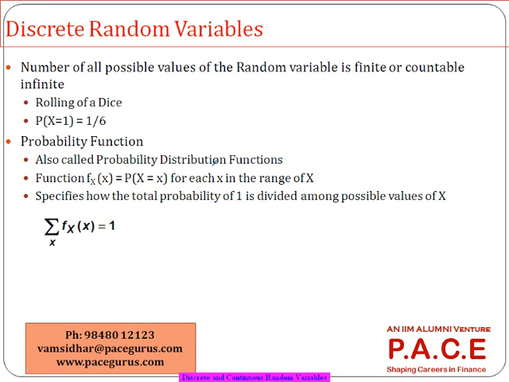So like this, just now whatever we have discussed, the probability that x takes a value equal to 1 when I am rolling a dice is 1 by 6. Now, in this context, it is very much important for us to understand one item called a probability function. It's also called a probability distribution function. What does it mean? A simple example. Again, when I am rolling a dice,